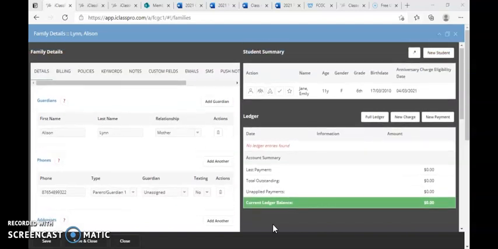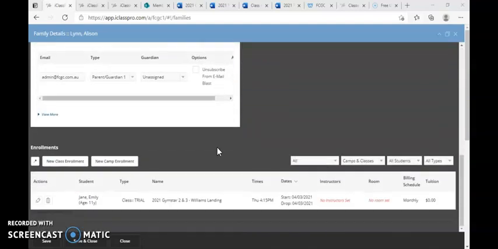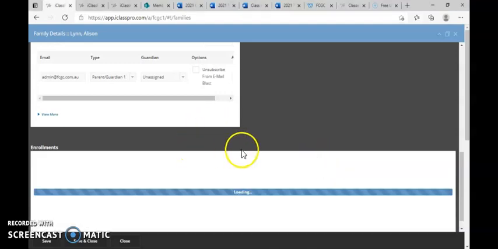Firstly, we want to make sure that the gymnast has already done a trial. We always offer a free trial to families before we take an active enrolment. Even if a family isn't keen on doing that, we always offer that. That ensures that they have a very smooth transition into the club and that they